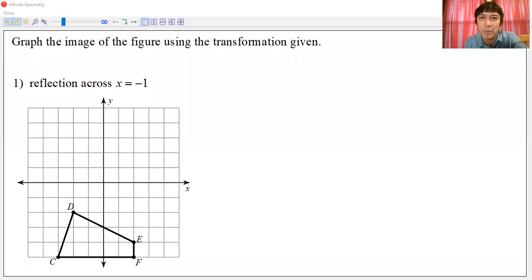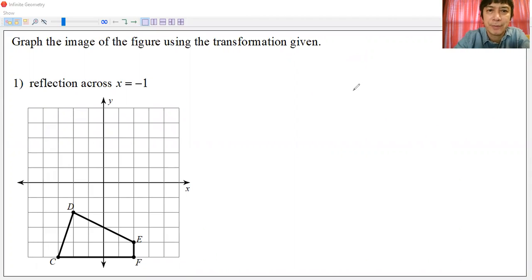Okay, here's the first number. Graph the image of the figure using the transformation given. Reflection across x equals -1. Okay, before that, let us have a few explanations about reflection. All right, so we shall begin with